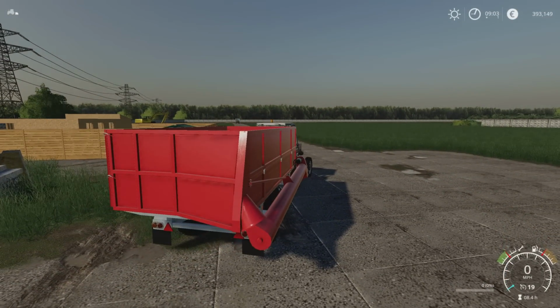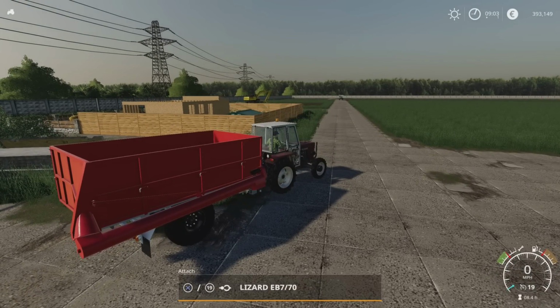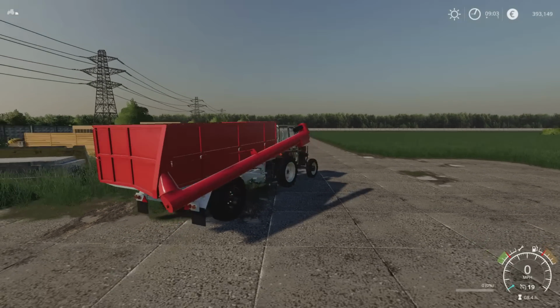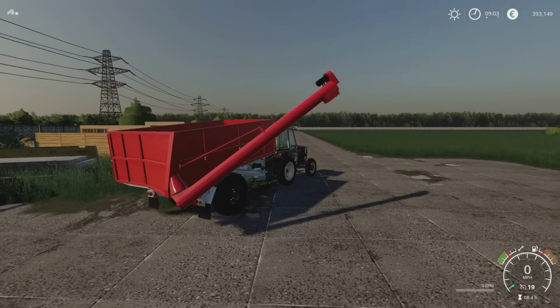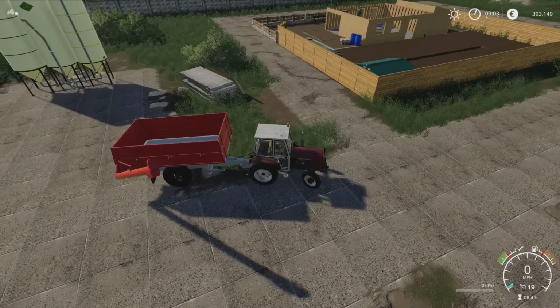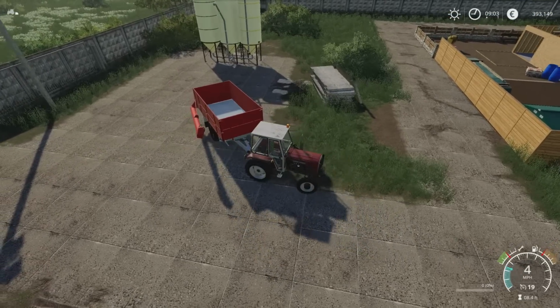The EB770? Yeah, EB770 auger. So what we can do, and we can use it, I bought it outright, it was pretty cheap as well actually,